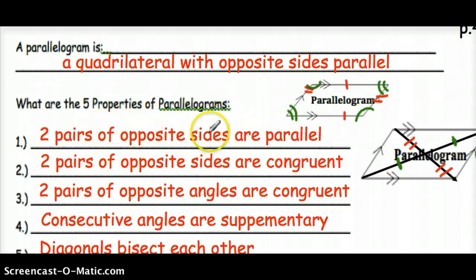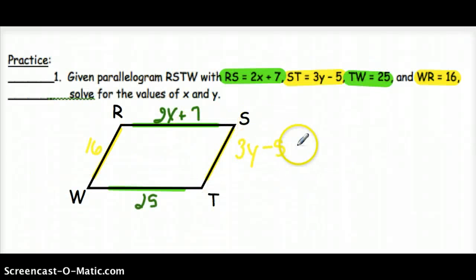You're looking for something that says sides. Well, here's one that says sides, and here's one that says sides. We have the sides are parallel, and we have the sides are congruent. Which of these is going to help us out with this problem? Because they're talking about the lengths of the sides, not the slopes of the sides. So I think we should use the fact that there are two pairs of opposite sides congruent, which means that